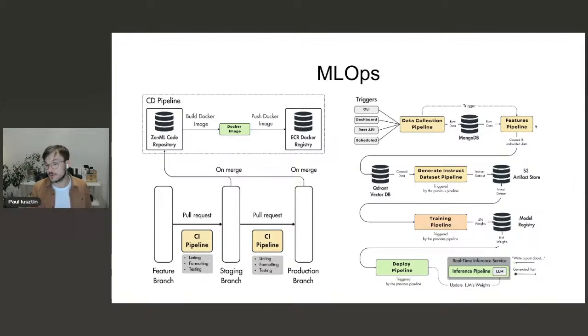Then this feature pipeline will create another trigger, for example, to trigger the generate instruct dataset pipeline, which we haven't talked about in this presentation because I have only 45 minutes and I can't touch everything, but you get the idea. So if you create your pipelines modular and you detach them through all these elements, then basically you just create a DAG, which is a sequence of components that are run sequentially, and each one triggers the next one. And the final output is the LLM weights, which are stored in the model registry.